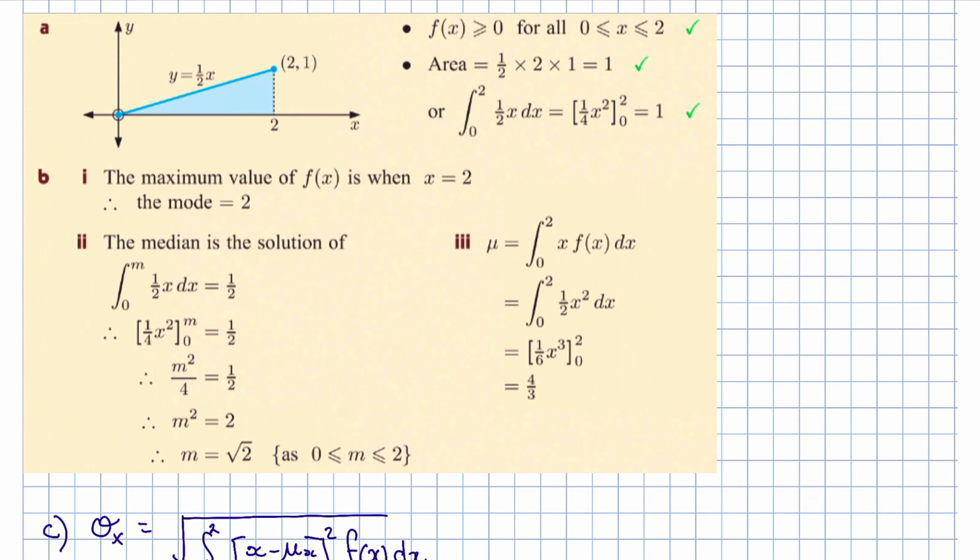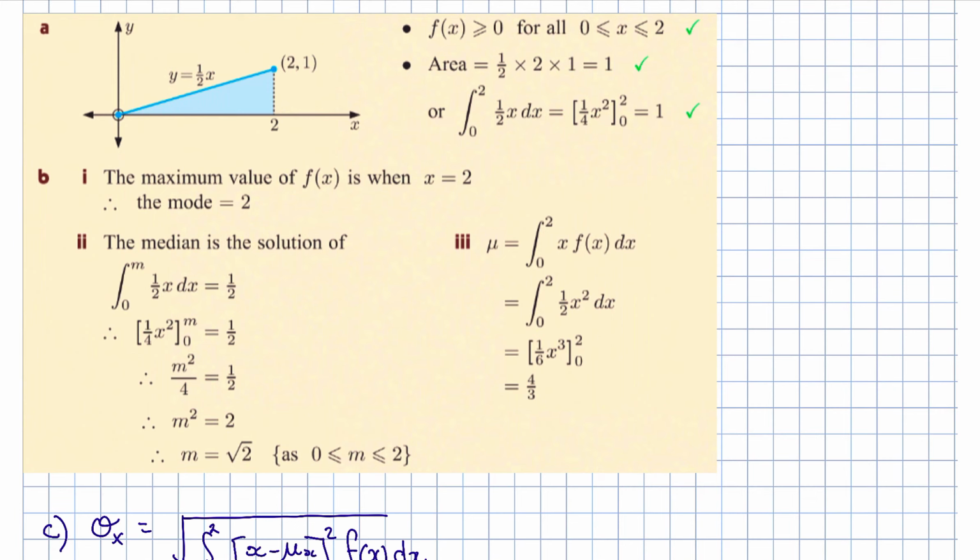formula here, which we were given already. Okay, so first thing to do is to go through, find the integral 0 and m. Okay, but it's important that it equals a half. Follow through the steps to work out what m was equal to. Now, because it's m squared, we get 2. Mathematically, m could be equal to plus or minus square root 2, but we know from our probability density function that the domain is only from 0 to 2, so the value must be between that. So the square root of 2 is the answer, not negative square root of